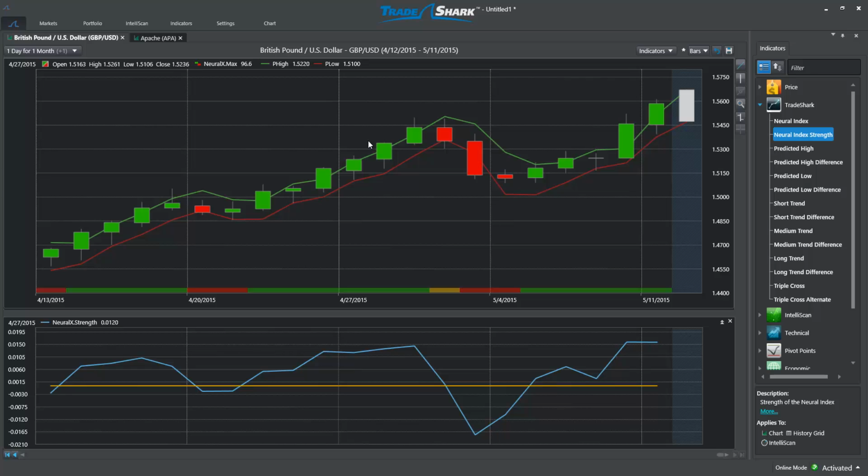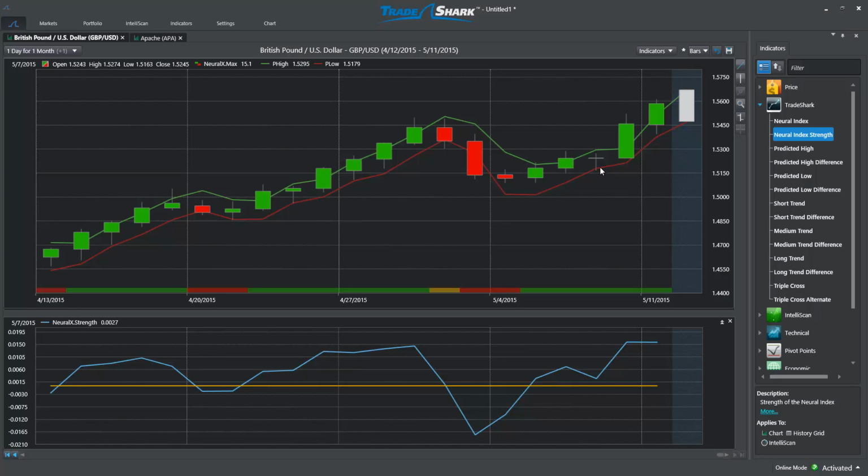48-hour period. Further towards the right of this chart, we can again see these concepts quite clearly, with predicted strength slanted strongly higher as the market moves aggressively out of this consolidation, again signaling short-term buying opportunities near the predicted low. The output from TradeShark's Neural Index and Strength Indicator consistently forecast short-term trend direction with an extremely high level